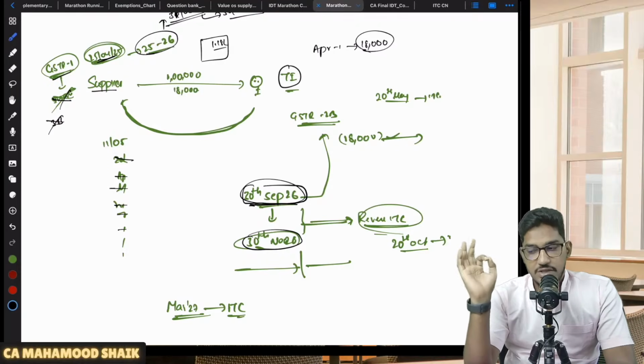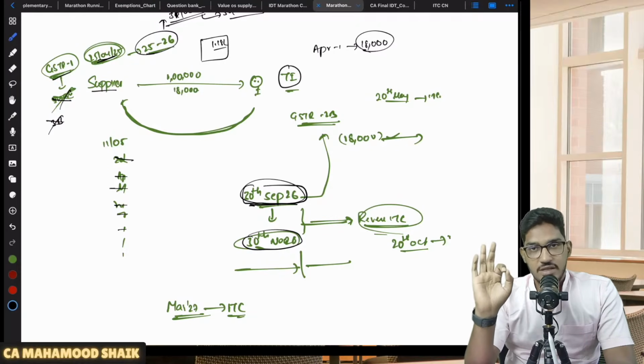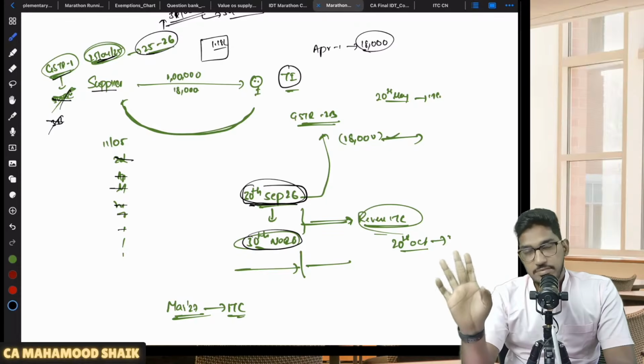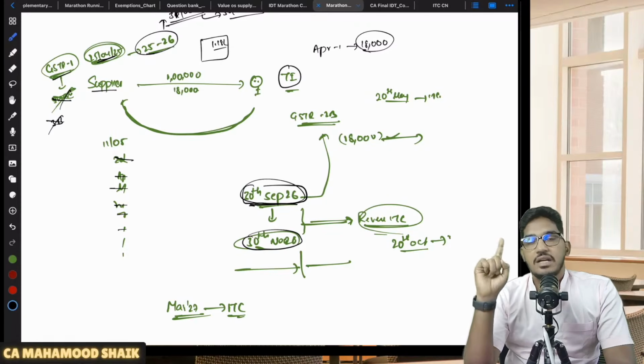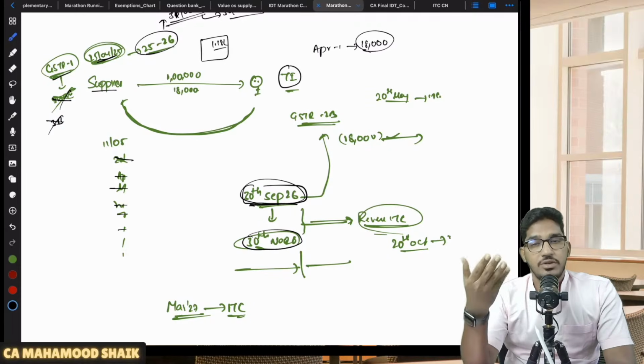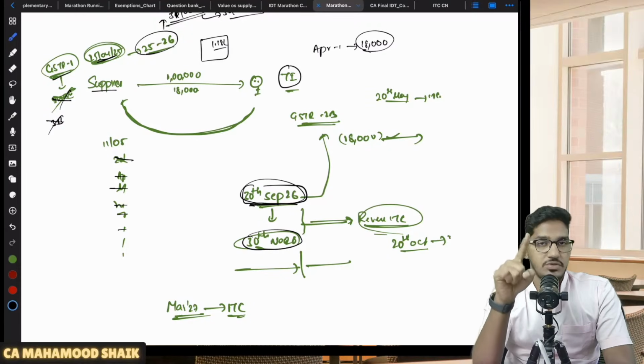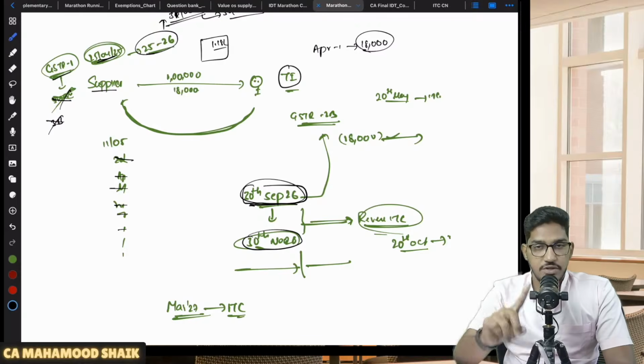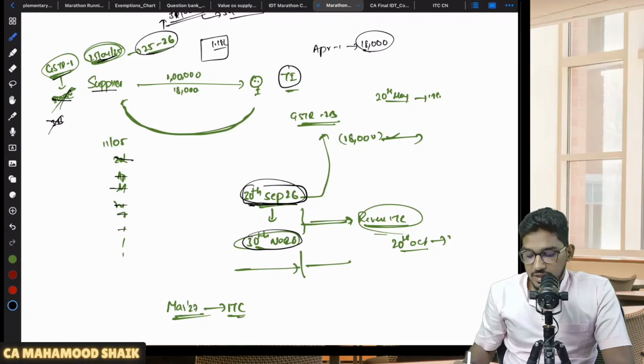Boss, you have made purchase from such a supplier who has not filed his GSTR 3B. We have waited till 30th of September following the end of the financial year. But that supplier has not filed his GSTR 3B. So whatever ITC that you have taken, you reverse it. Sir, I made payment already. We are least bothered. Your supplier has not filed his GSTR 3B. You reverse your input tax credit. So by 30th of September, they will wait. Thereafter, they will intimate and they will give time till 30th of November to reverse that ITC.